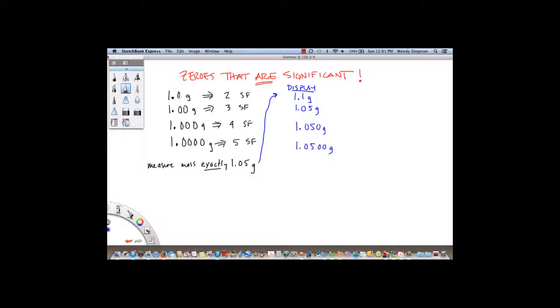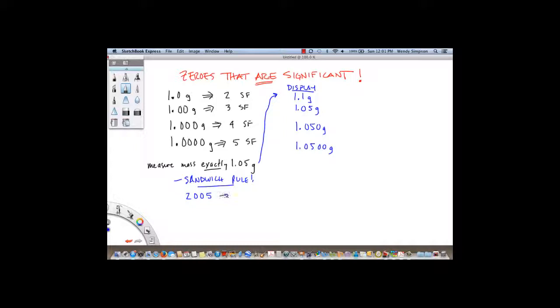So we're saying in here that a measurement here can only be taken out to the tenths place. A measurement here could be taken out to the thousandths. A measurement here could be taken out to the 10,000ths. So those zeros count. They're very important. Likewise, zeros are important when they're sandwiched in between other non-zeros. We call this the sandwich rule. And this one is pretty easy to remember. So when we have zeros, for instance,